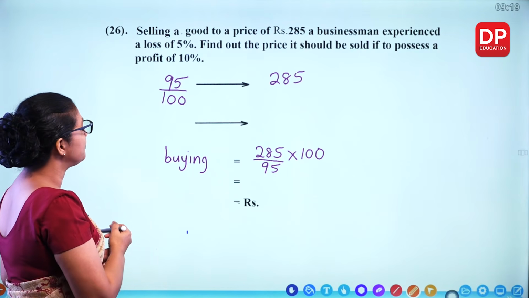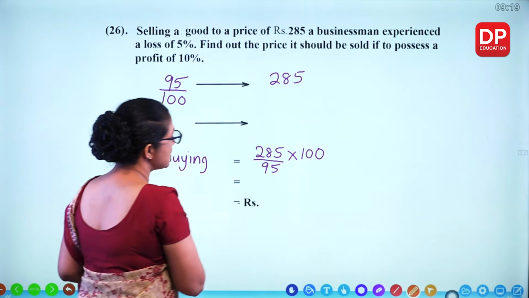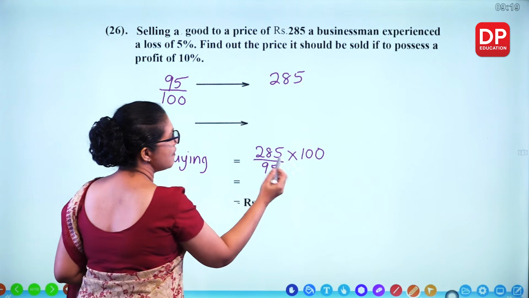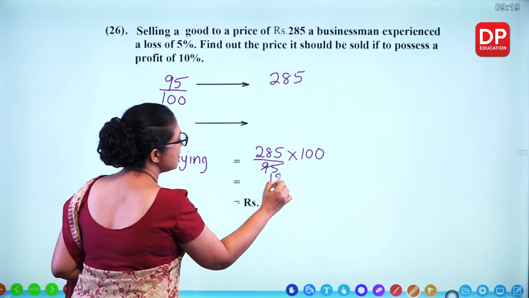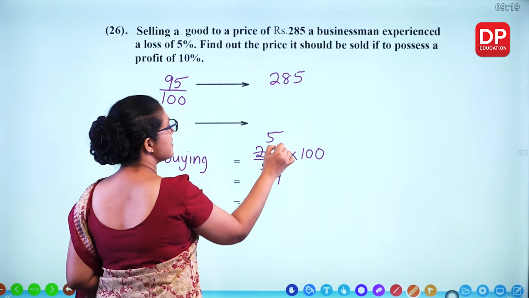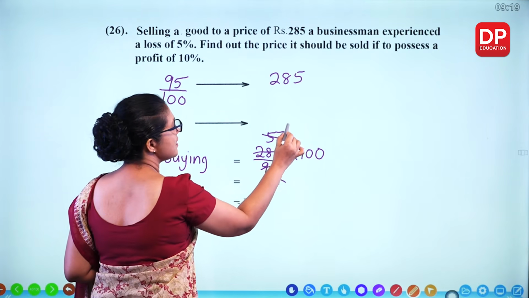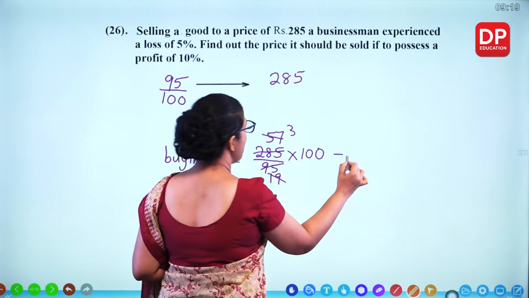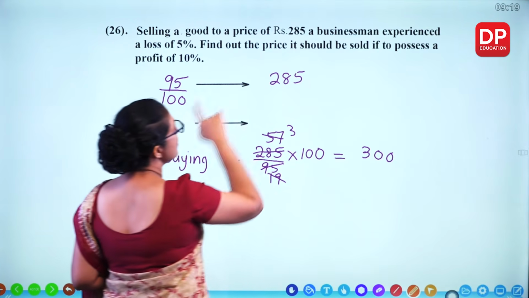So, what's the value? 95 divided by 5, 5 times 1 is 9, 5 times 5, 25 and 7. So, you get 3, 3 times this. So, the buying price should be 300 to get